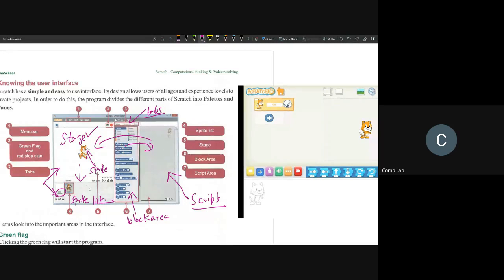Script means instructions. Just like if you have a movie, the movie will go according to the script. The script will have all the detailed instructions that are supposed to happen. Similarly, any instructions that you create is what you call a script, and the area in which the script is located is called the script area. So the place where you have all the blocks is called the block area. The place where you collect the blocks or create unique instructions is called the script area. You can see right here. So we discussed all of these.